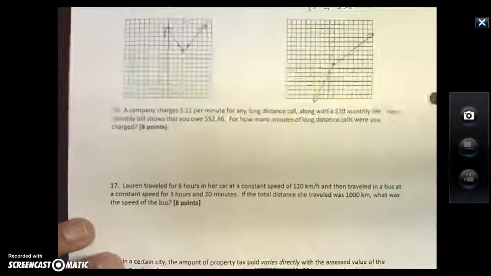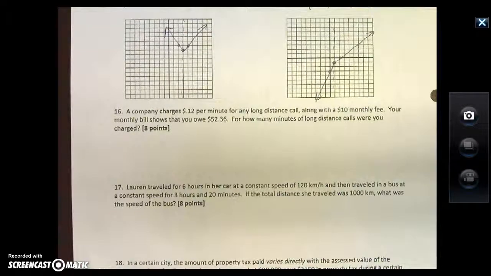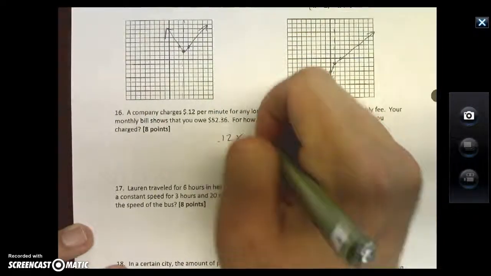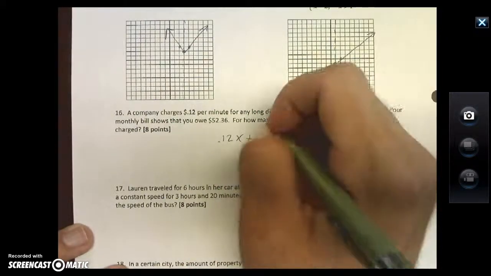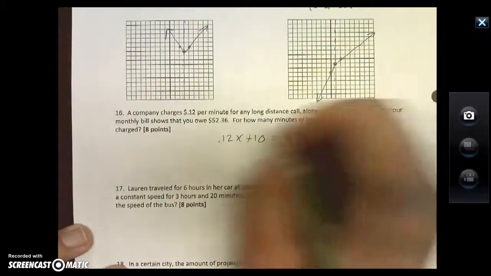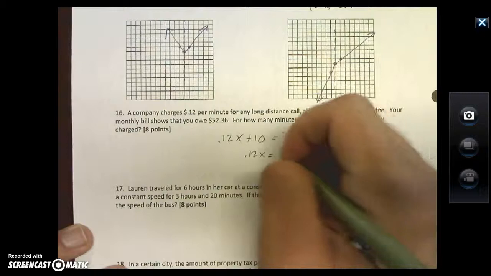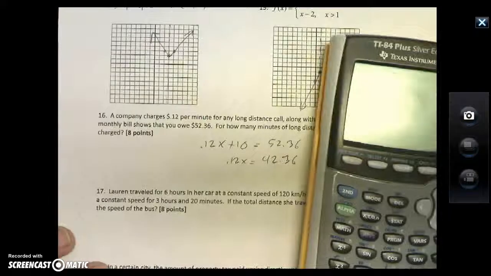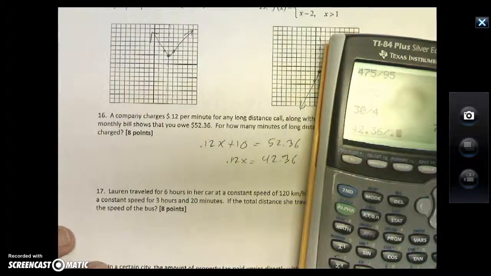Okay, last 3 word problems. A company charges 12 cents per minute for any long distance call, along with a $10 monthly fee. Your monthly bill shows that you owe $52.36. How many minutes of long distance calls were you charged? Okay. 0.12x plus every month you have to pay $10 no matter what, and your bill is $52.36. Subtract 10 from both sides. Okay, 42.36 divided by 0.12,